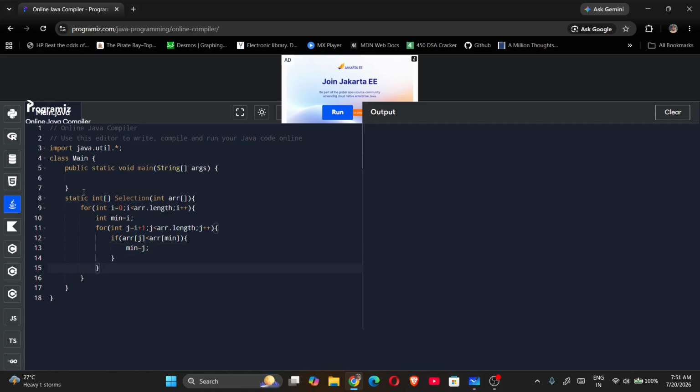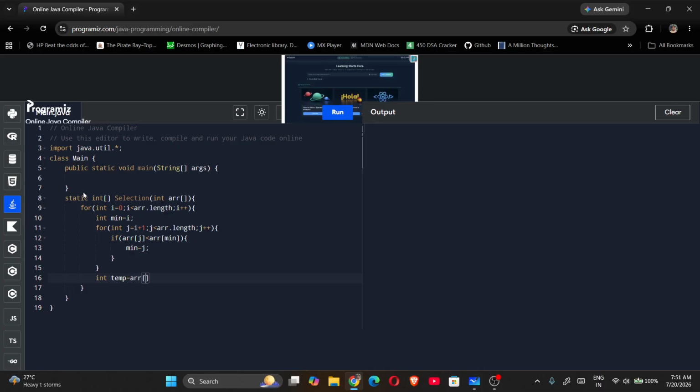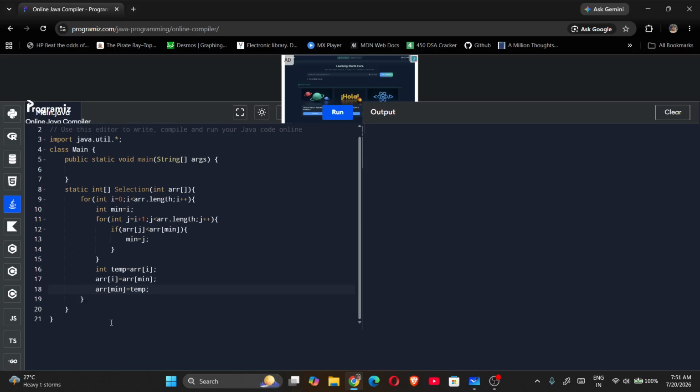Then a simple piece of swapping function I was writing. Int temp was ARR of j, no, ARR of I. Okay, and ARR of I was equal to ARR of min, and ARR of min was temp. And what I will be returning over here, I will be returning ARR. Okay, now